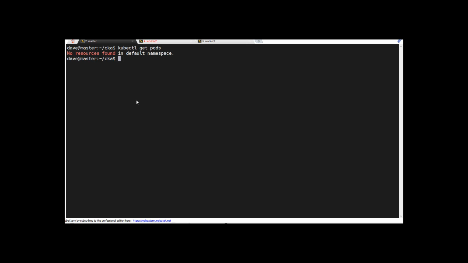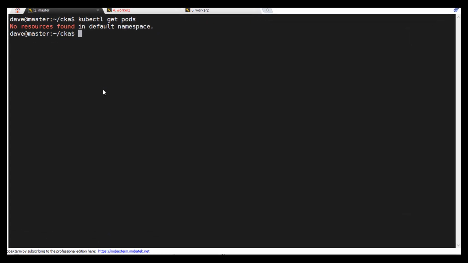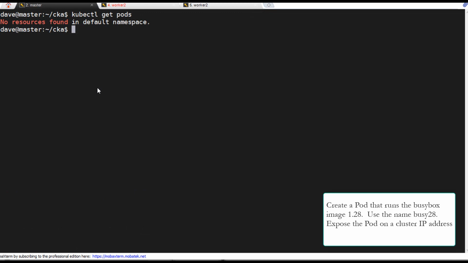Okay, another CKA question for us to tackle. Step 1, we're going to create a pod that runs BusyBox. We're going to give it a certain name, and we also want to expose the pod on a cluster IP address. We could do this in 1 step, 2 steps, or even 3 I could think of. But we're going to go all in one command line step into a YAML file. So let's go. We're going to do kubectl run,